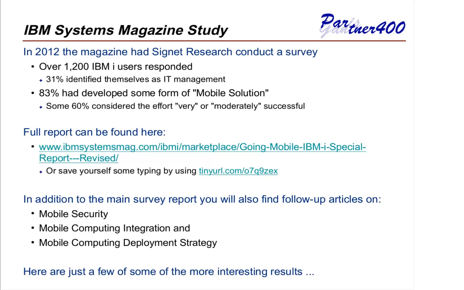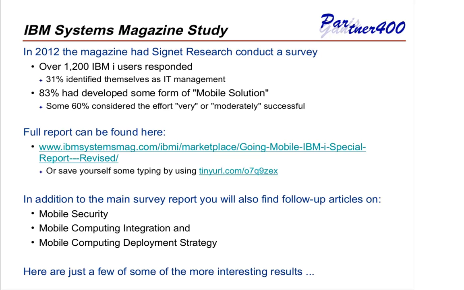Let's look briefly at a few figures that are now a little bit out of date, but in reviewing this, I decided they were still relevant. This is a report that Signet Research did for IBM Systems Mag back in 2012. As you can see here, over 1,200 IBM i users responded, of which 30-odd% were in management. And 83% claimed to have developed some form of mobile solution, of which 60% were somewhat happy with